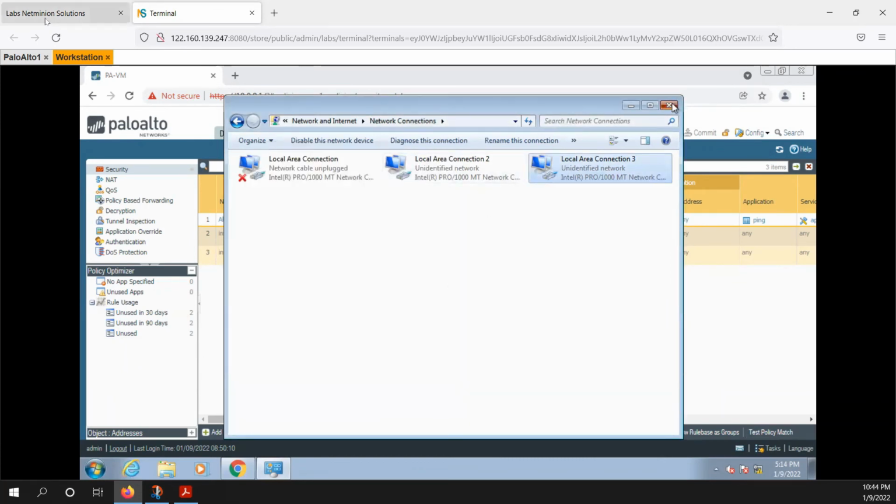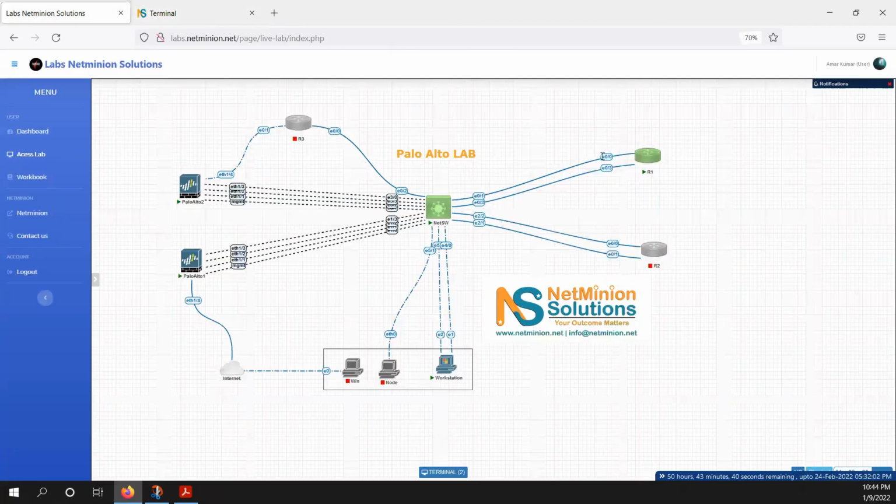Now let's go back to this router and assign the IP to this Ethernet 0/0 interface.